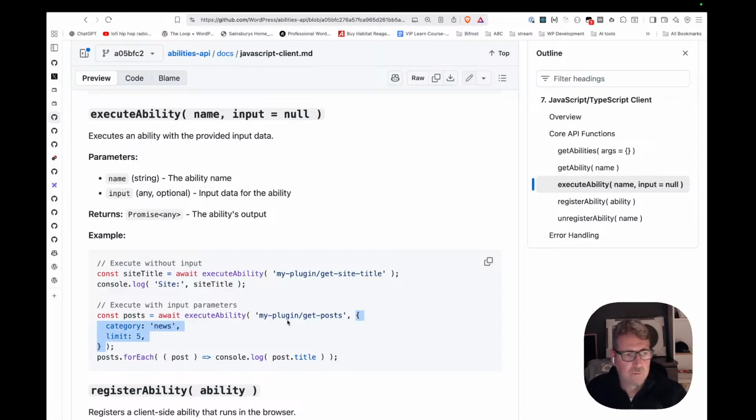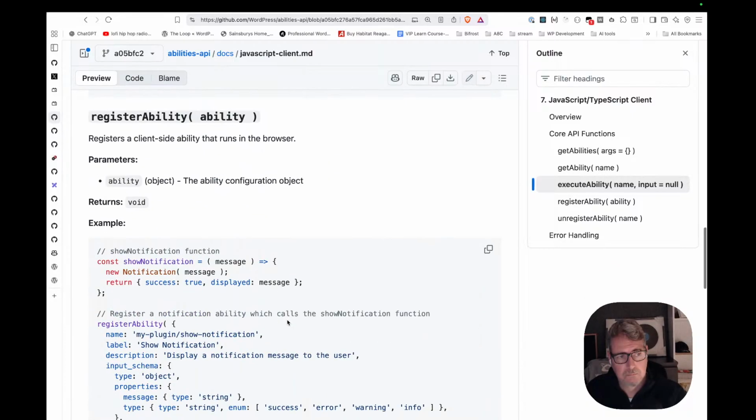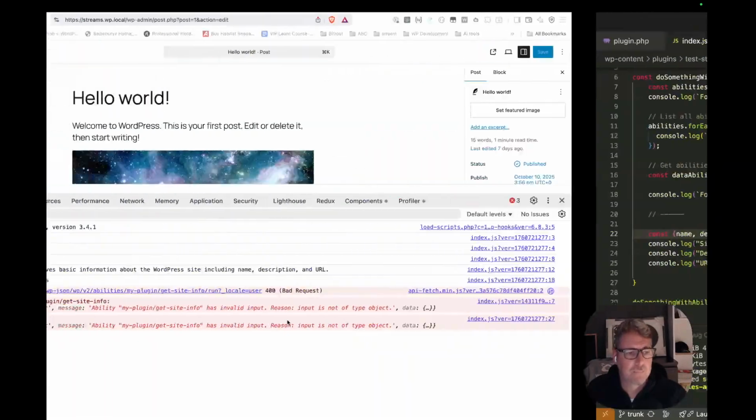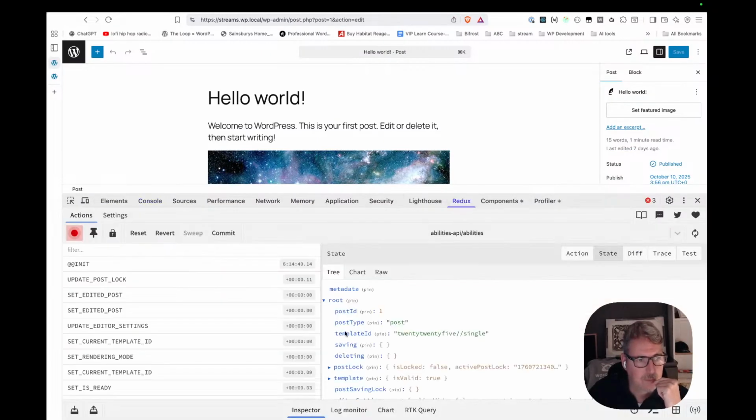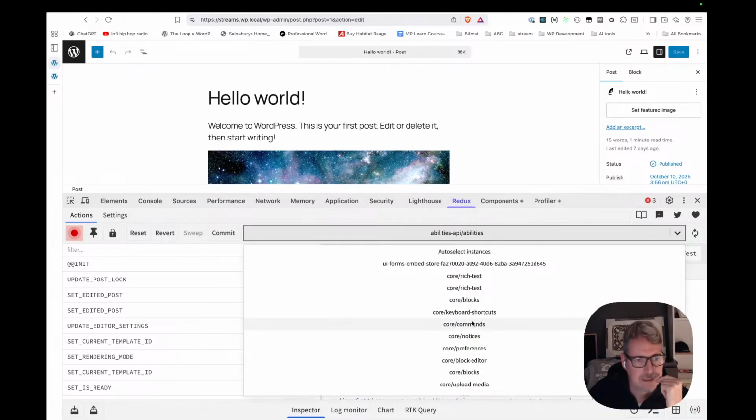And here we have this. Okay, maybe if we go to the Redux, we have here, if we go to the abilities,